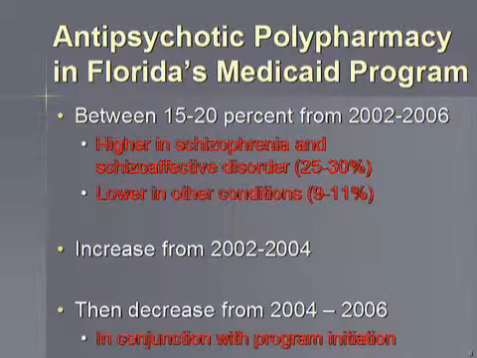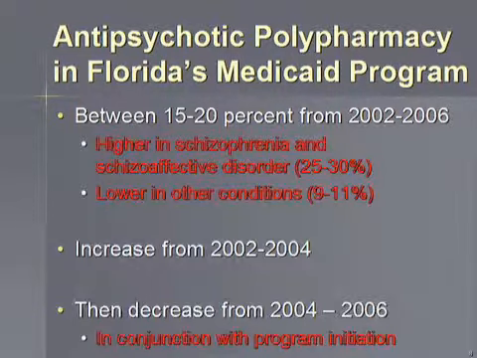It's an interesting trend that we observe, that basically between 02 to 04, there was an increase from about 15 to 20% in antipsychotic polypharmacy. This program was introduced in December of 04. And since then, there has been a modest decline to about 16%. It's not gone down below the 15% where it started off in 02, but there has been a decline in antipsychotic polypharmacy from 04 to 06.